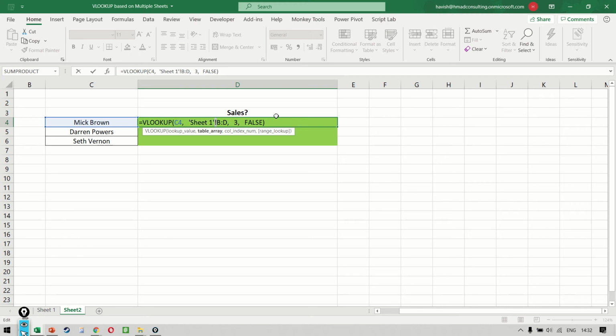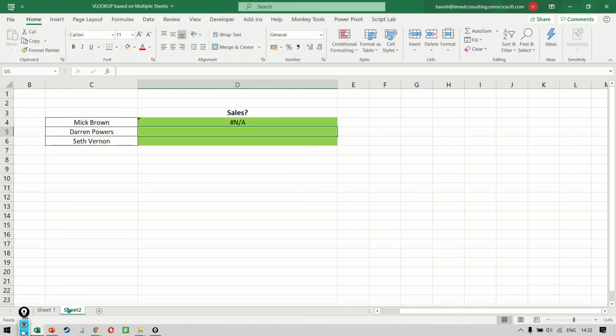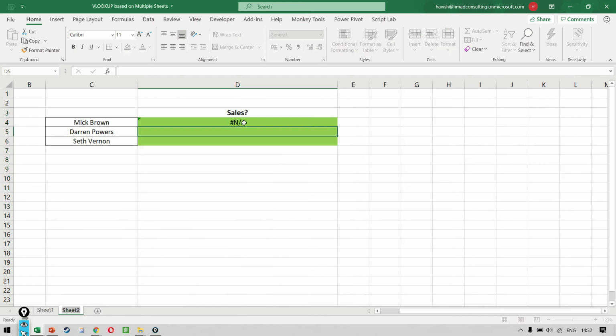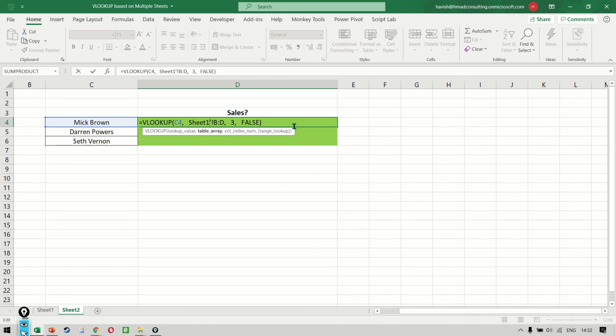My advice is that you should always put the apostrophe. As an example, imagine that there was no space in sheet 1. Even so, we could have written sheet 1 with an apostrophe and the result would come. Now, this is a much better approach because this way you don't have to remember when to put the apostrophe, when not to put it. You can put the apostrophe every time. In case there is no space in the sheet name, then the apostrophe will automatically go away. But you at least don't have to keep in mind when and when not to put it.